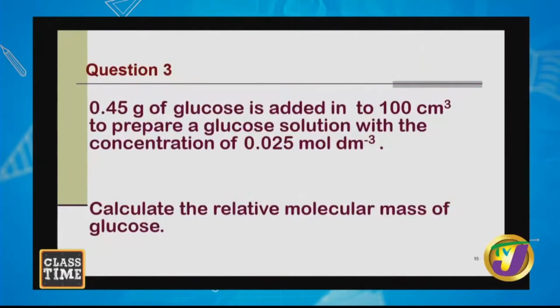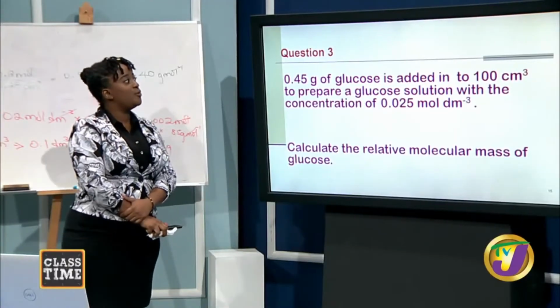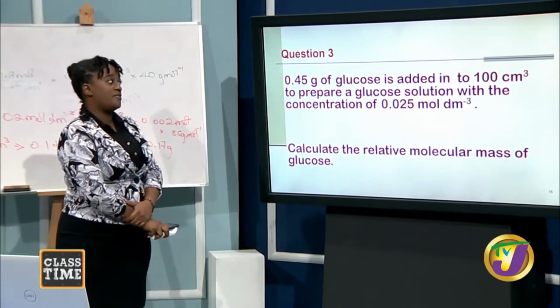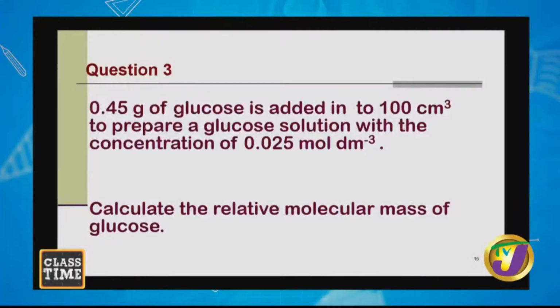One more question. All right, so 0.4 grams of glucose is added into 100 cm cube to prepare a glucose solution with concentration of 0.025 mole per dm cube. Calculate the relative molecular mass of glucose. Now, the relative molecular mass of glucose,